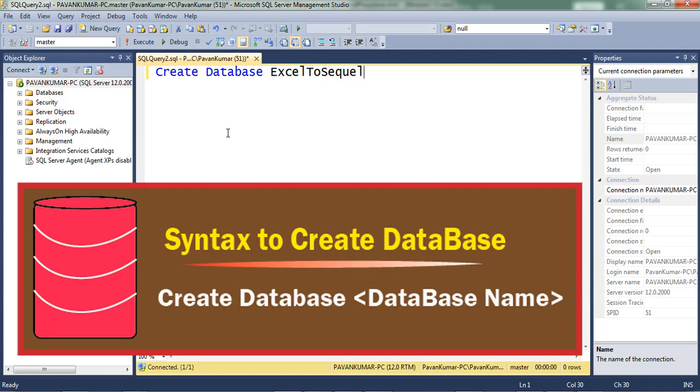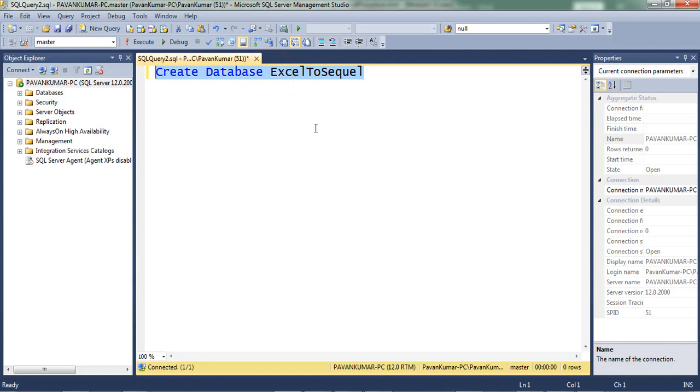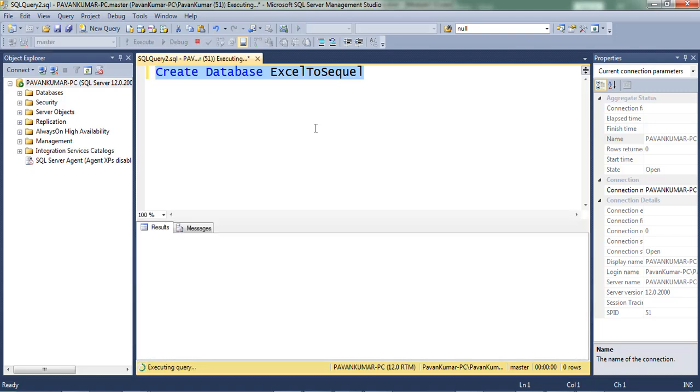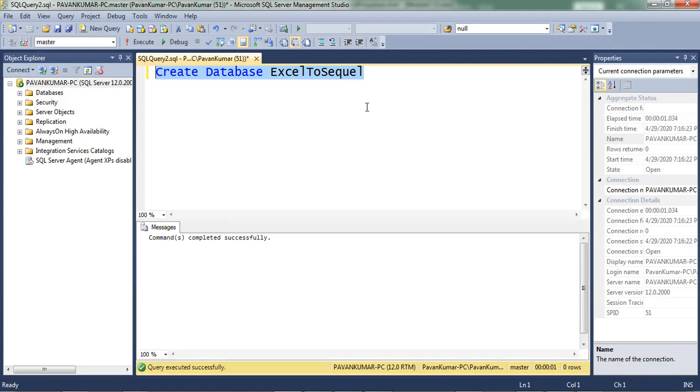This is the database I am creating, Excel to SQL. Press F5 to execute the syntax. Now I created the database successfully. After that, through Excel, I am going to connect to the database.